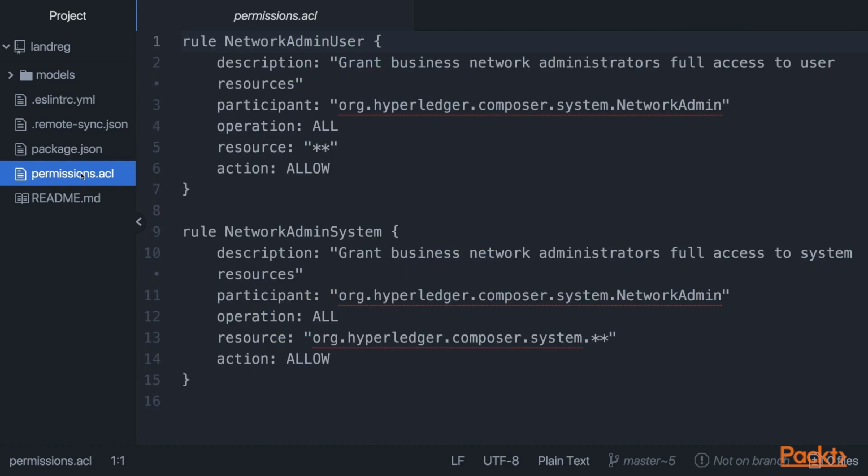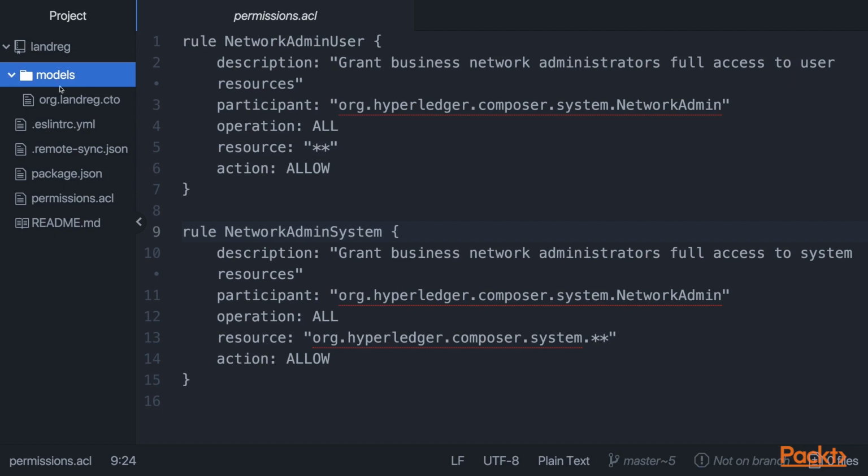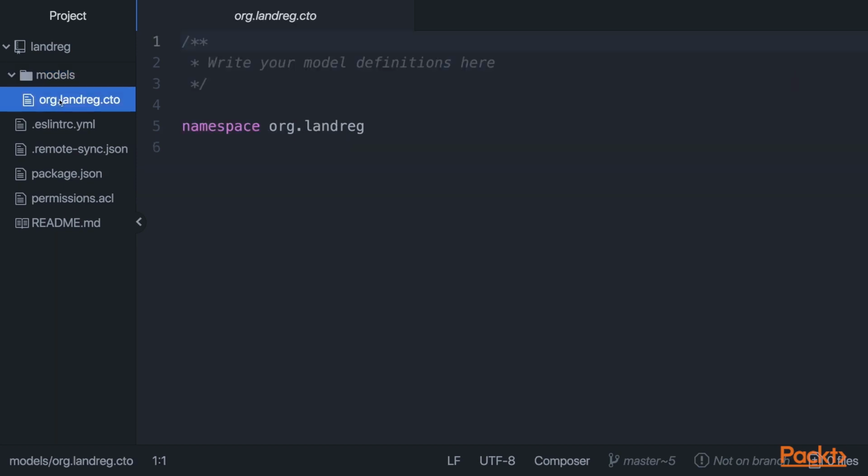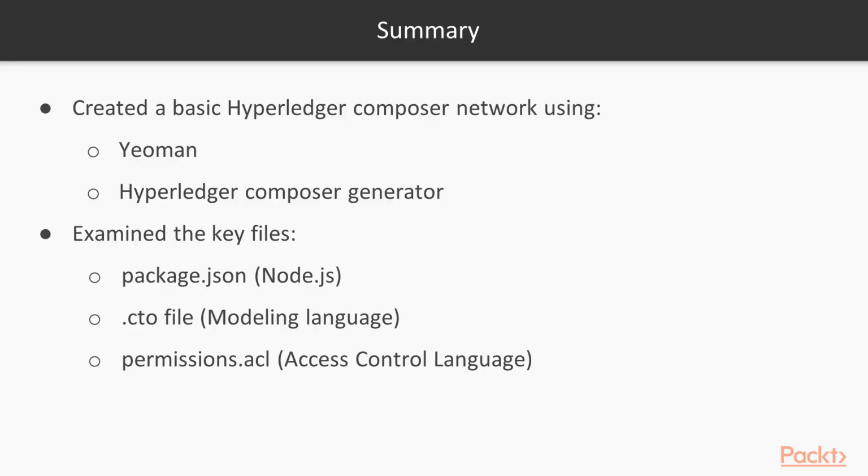The permissions.acl file contains two access control rules, and we will discuss this file in more detail later on in this section. Finally, the modules folder contains a CTO file, which will contain the structural definitions of our assets, participants, and transactions. In summary, in this video, we have seen how to create a basic Hyperledger Composer business network using